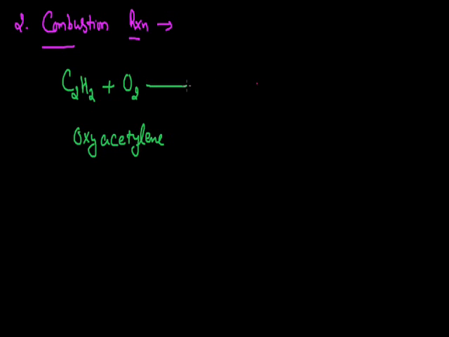When we go for the combustion to produce this oxyacetylene flame, we get two products, carbon dioxide and water, and a large amount of energy is released, approximately 1296 kilojoules. So this much energy is released, and to balance this reaction, we use the stoichiometric coefficients 2, 5, 4 and 2 respectively. So this is about the balanced combustion reaction.